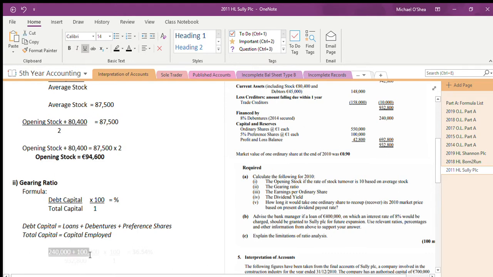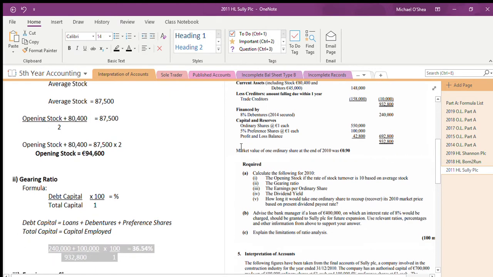So 240,000 is my debentures, 100,000 is my preference shares. That's what I definitely owe back. That's my debt capital. Total capital is my capital employed, 932,800. Literally plugging those two in, 240 plus 100 divided by 932,800 multiplied by 100 over 1,